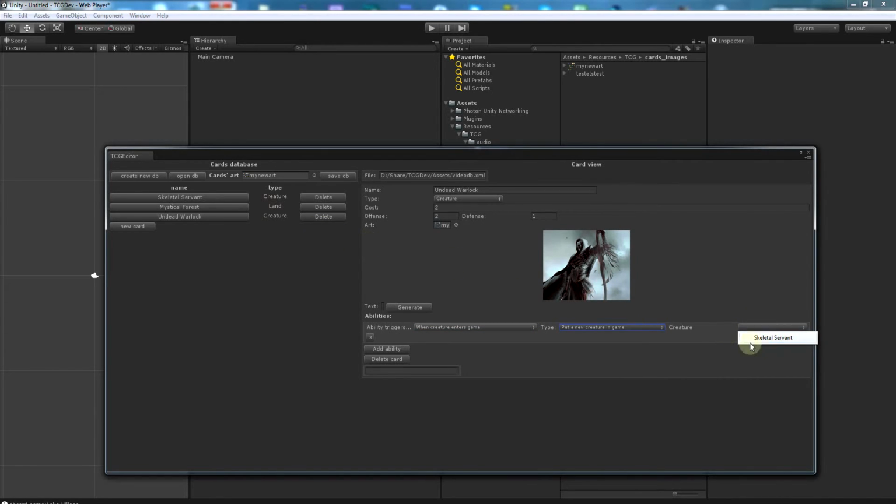As you can see, it already appears in here, but Undead Warlock doesn't appear in here. Why? Because we haven't finished creating this card. Now, if you want to summon an Undead Warlock, then you're gonna have to finish creating this card and go back in here and select Undead Warlock. Of course, in this case, this would create a recursion because they're gonna be entering and re-entering the game without ever stopping. But if the condition is different, for example, when creature kills an enemy, then it's gonna